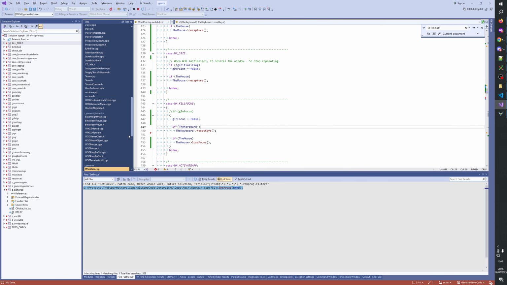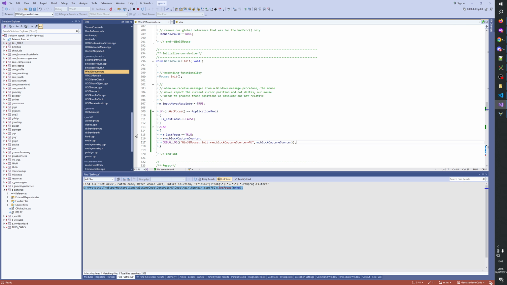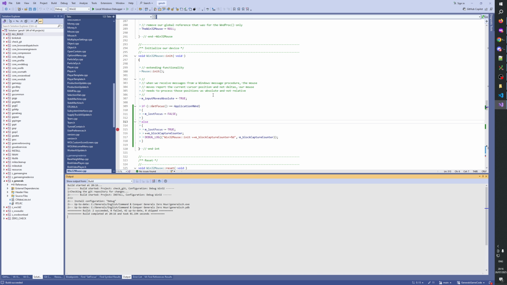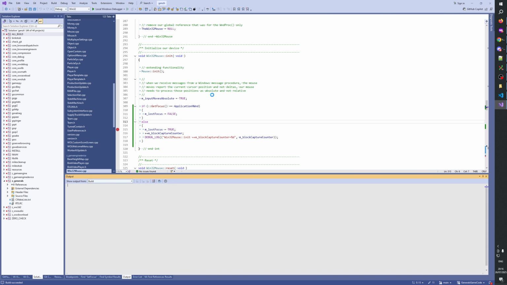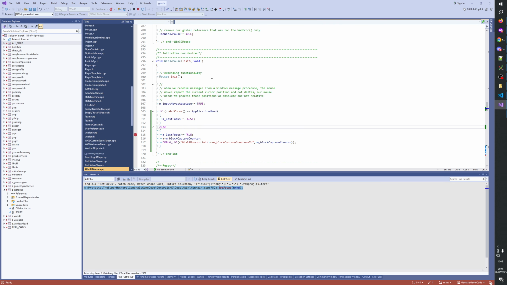Okay, let me go to WinMouse. Let's put a breakpoint here, to see if we actually hit that or not. Okay, that's also unexpected.